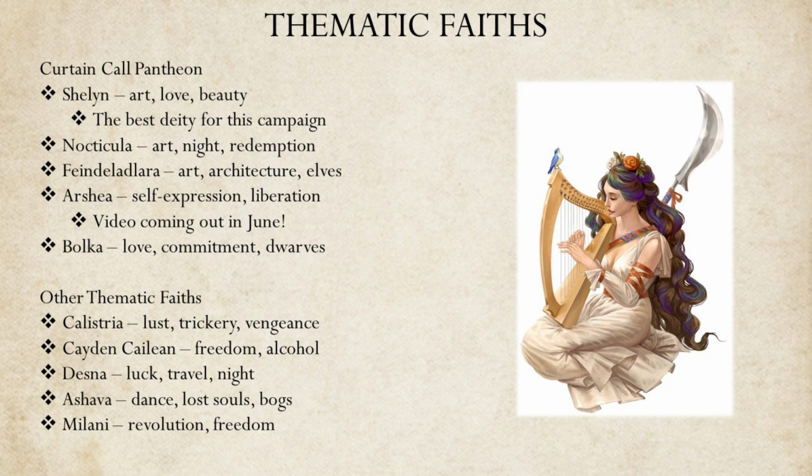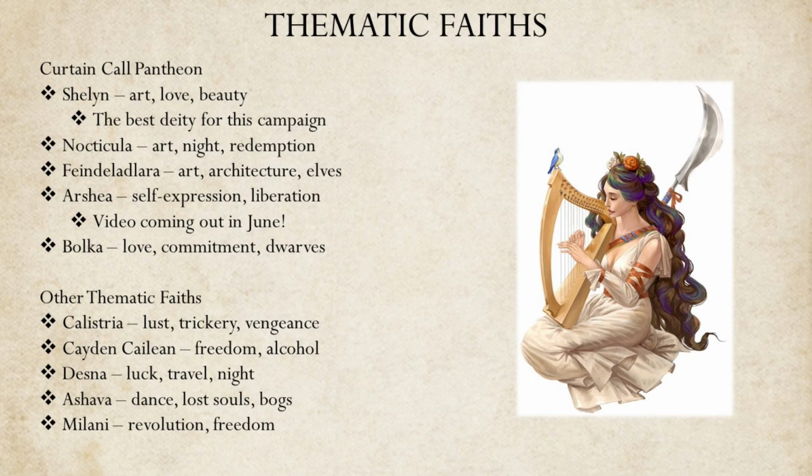Shelyn is far and away the single best choice of deity for characters in the Curtain Call adventure path. Her generally non-violent attitude is well suited to a campaign based more on roleplay, and her emphasis on art ties into the theme of theatricality, as well as the overall goal to produce an opera for the stage. On top of that, the Church of Shelyn is a prominent fixture in Kintargo, and at least one Shelynite priest will feature in the story.